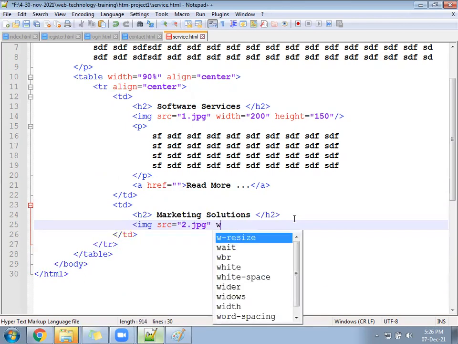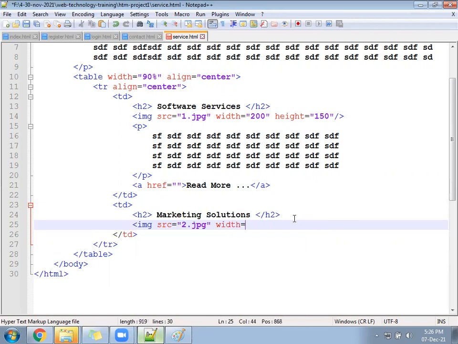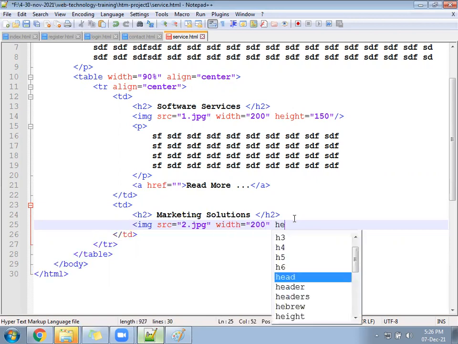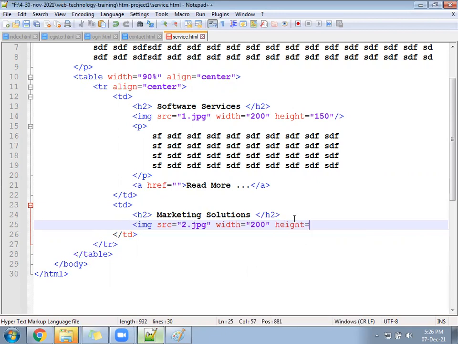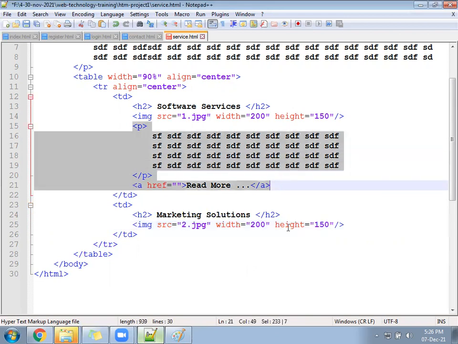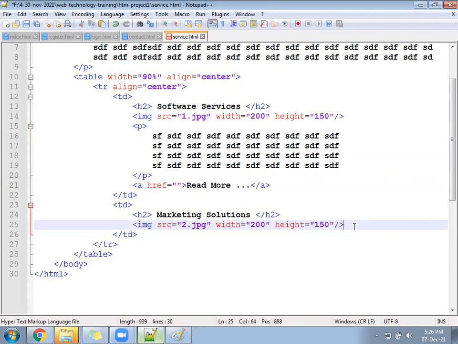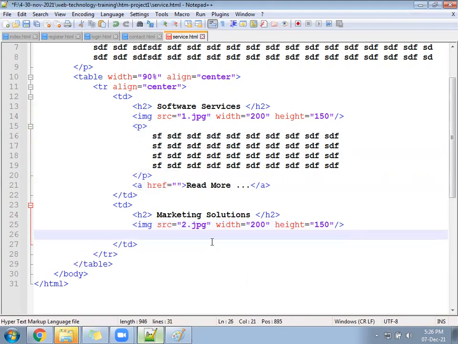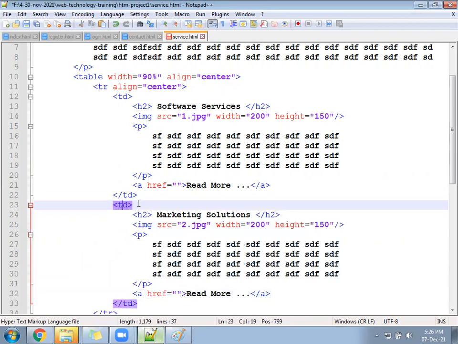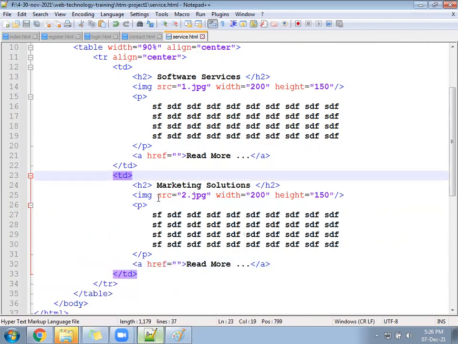Keep the same width 200 and the same height 150. And again paragraph and read more. Keep the same, equal text in the second TD also.